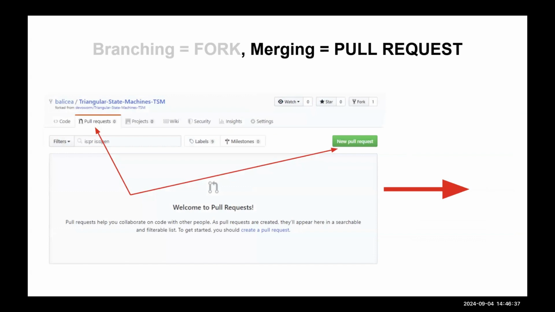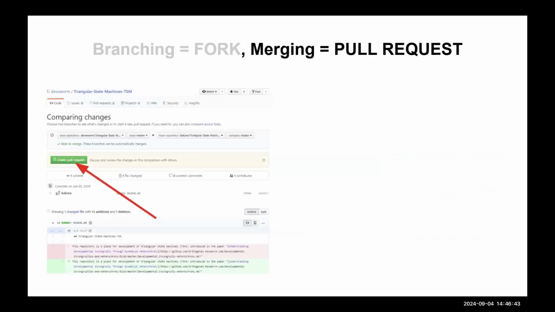So then a pull request, there's a form for this. You go to the pull request tab, you make a new pull request. And then you have this dialogue where it compares these changes. There's a base repository and a head repository, and it'll compare the branches. Sometimes I'll use the master, sometimes I'll use some other branch that has a different name, but it's basically comparing the repository and the branch. It's just comparing those versions. And so then it determines whether it's able to merge. In this case, it is. You push the button, create pull request.